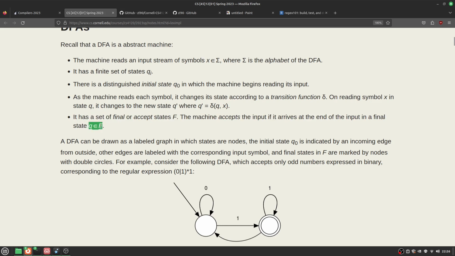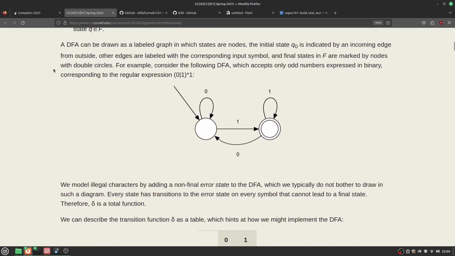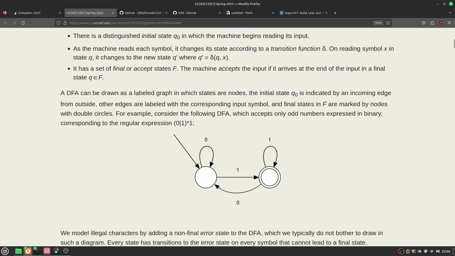Q, if the state is in the set of final or accept states. Makes sense? A DFA can be drawn as a labeled graph in which states are nodes. The initial state Q sub 0 is indicated by an incoming edge from outside. Other edges are labeled with the corresponding input symbol. And final states in F are marked by nodes with double circles. Yep, that makes sense. For example, consider the following DFA, which accepts only odd numbers expressed in binary, corresponding to